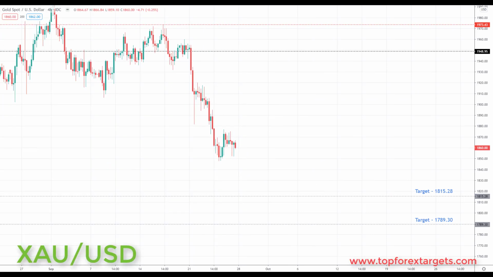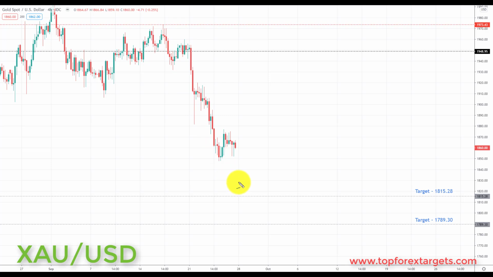And last but not least, we have gold. Now, the last 3 to 4 videos, we have noted that the uptrend in gold was intact, but we were in a multi-week correction. I did point out that this was not really a market I was favoring too much because of that correction, and I would rather see a breakout. I'd rather wait for the initial move in gold one way or the other before I start to allocate capital into this market. And last week we did have that to the downside. We started to sell off and we have this momentum coming into this market.